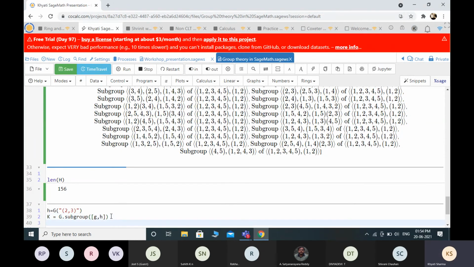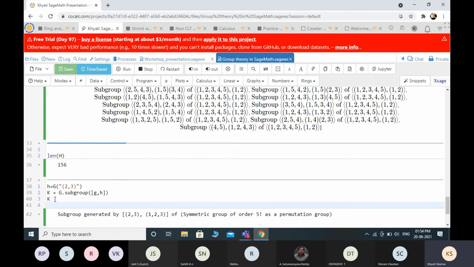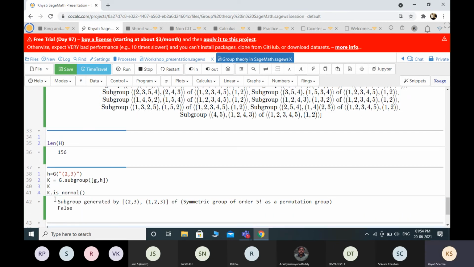So what is this subgroup? So this is the subgroup generated by these things. Suppose I want to find out whether this subgroup is normal or not, so K dot is underscore normal. So it's false.